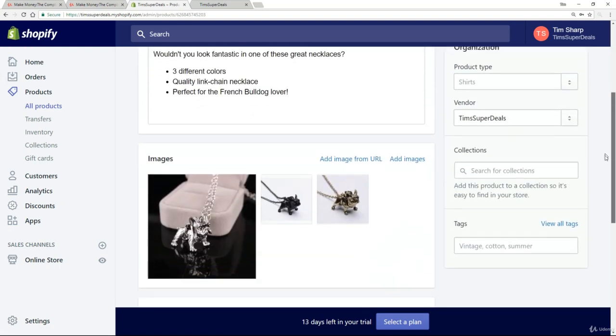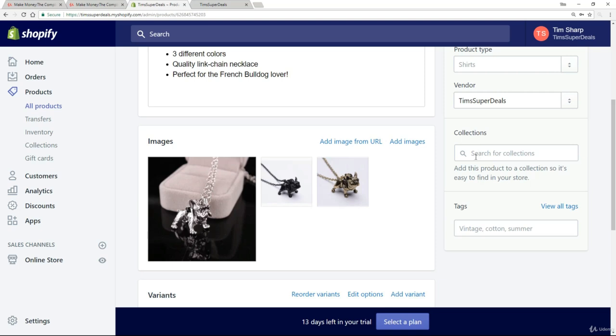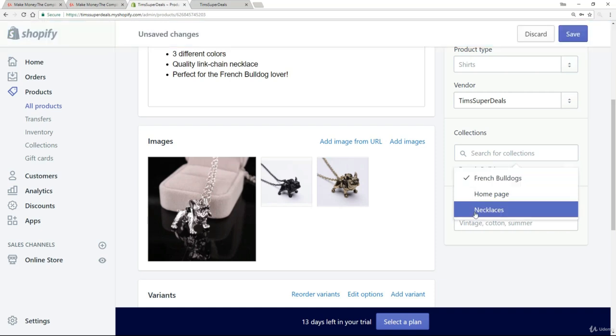Now here we are over on collections. This is the bit I said we were going to come back to. So if you put the cursor in there, it will propose some collections for you. So we have our 3 collections. We've got French Bulldogs, we've got homepage, and we've got necklaces. Now I want it to appear in French Bulldogs, okay, but I also want it to appear in necklaces. So let's save that,